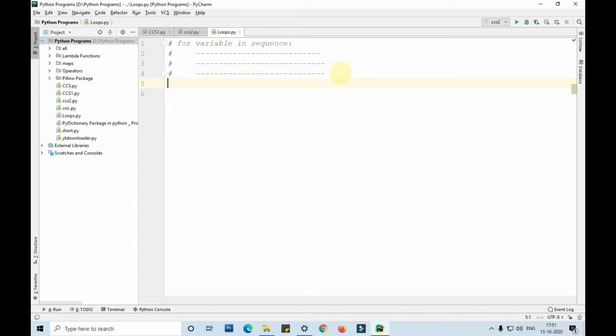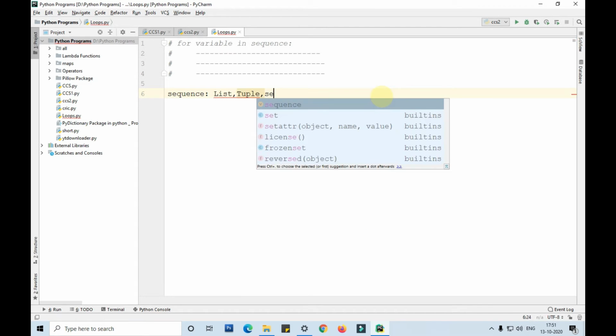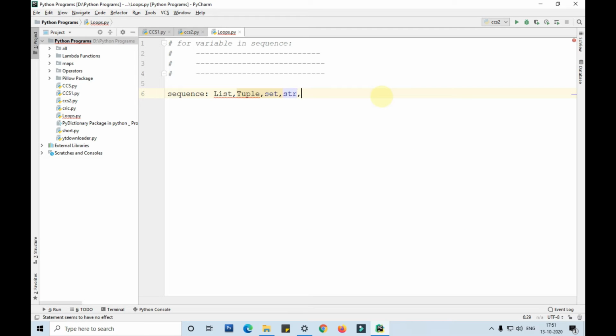So here, as I've told you, this is sequence. So what is a sequence? The sequence can be any type. Sequence can be a list, tuple, set, string, dictionary, or range.